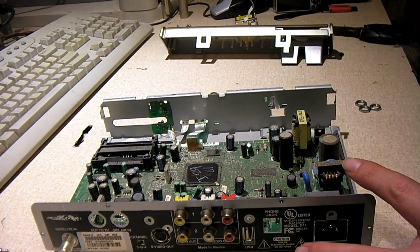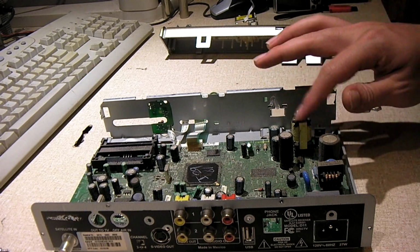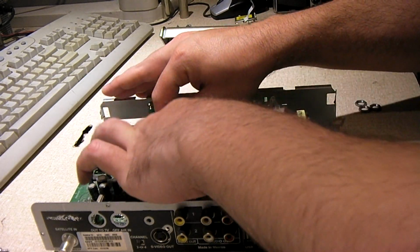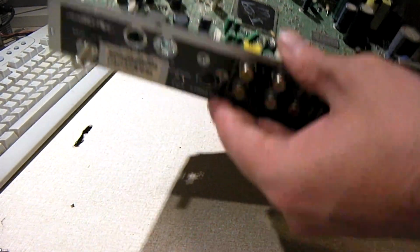Anyways, I'll figure that out when I get to it. Okay, let's see if anything else has to come out. Let's go ahead and disconnect these cables. Let's go look carefully to see if